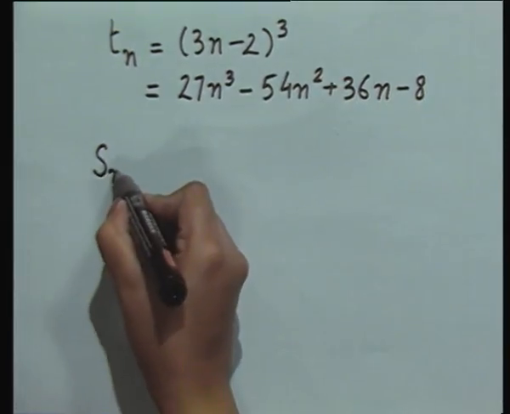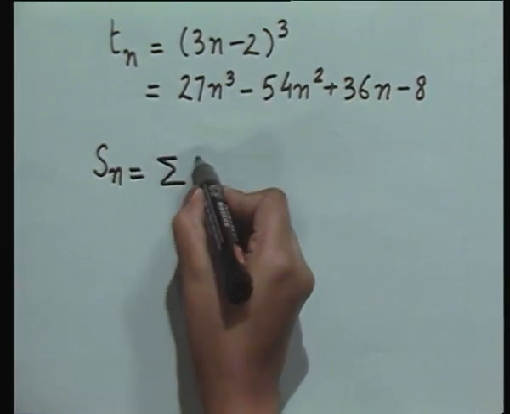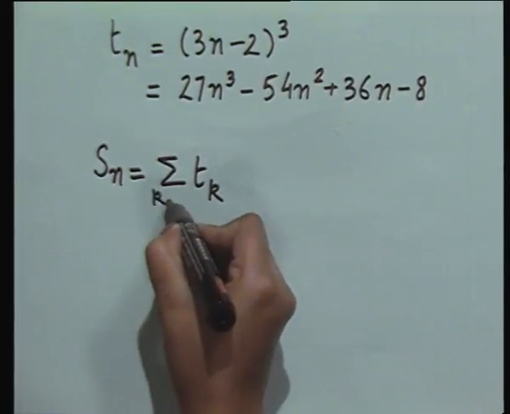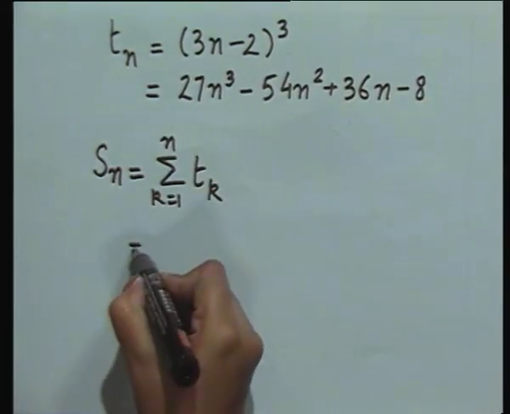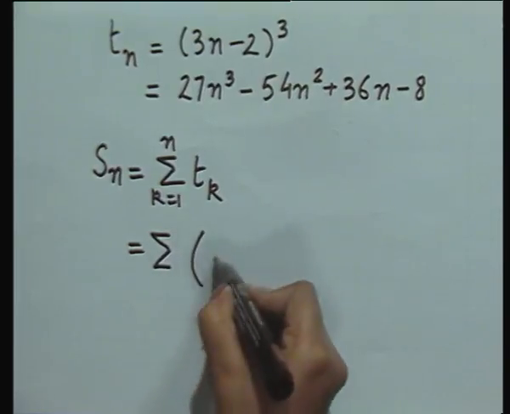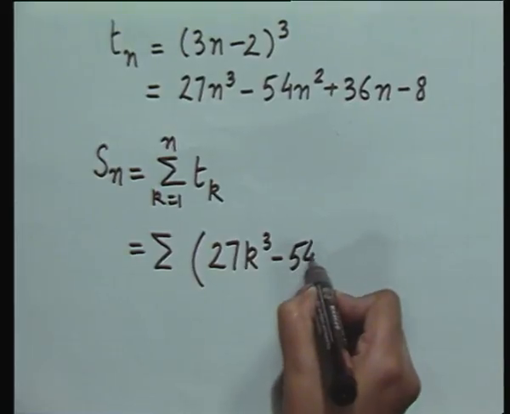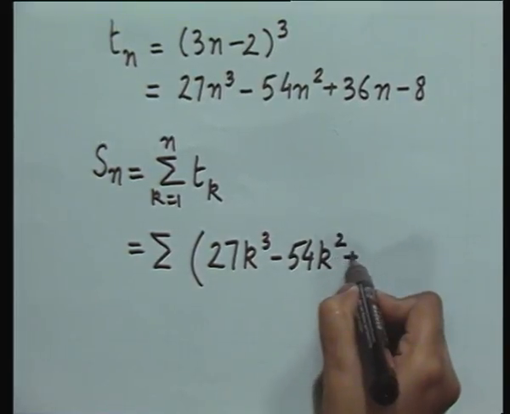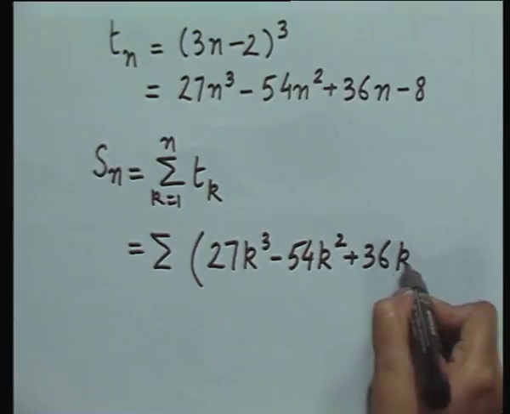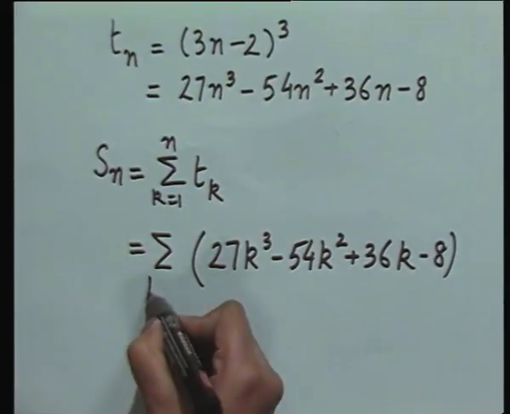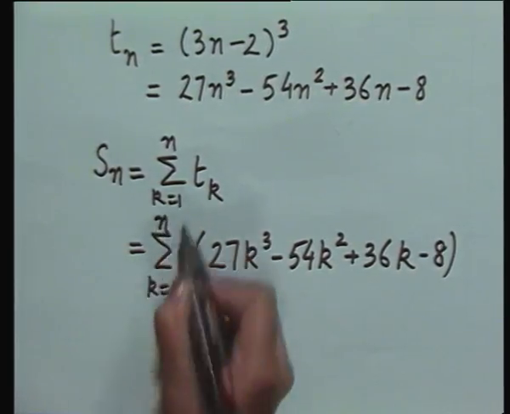And so as you can see, the only difference between this and the previous question is, here we have a cubic expression. But we can still go ahead and say the sum of the n terms is sigma Tk, where k varies from 1 to n, and therefore it is the same as sigma of 27k cube minus 54k square plus 36k minus 8, as k varies from 1 to n, which I am sure you can again write as